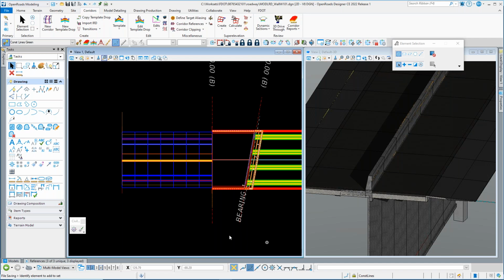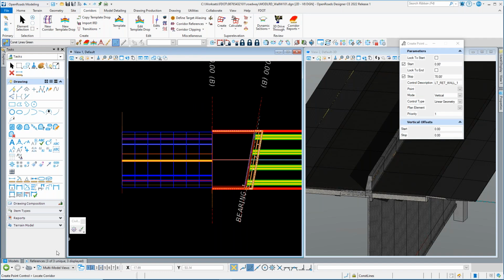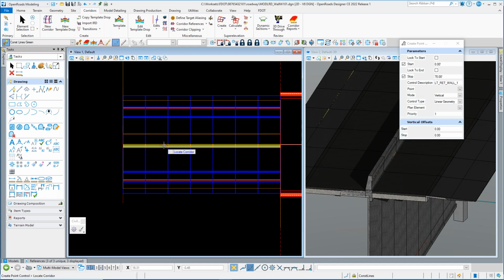All right, so let's go ahead and start doing that. If we go to edits and do create point control, and we look at the prompt down here, it says locate corridor. So we're going to choose our right retaining wall corridor and parameter start at 0 and end at 70. We can click through these prompts and change this control description name and put an R on there for right. In mode,